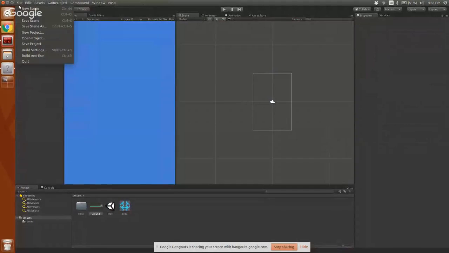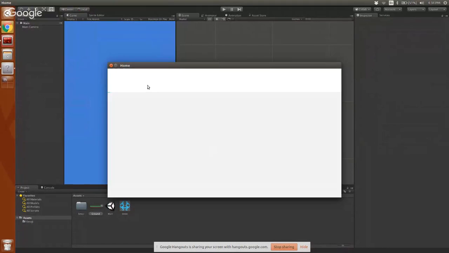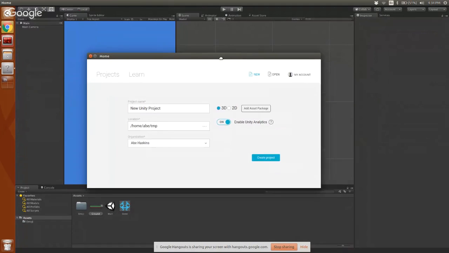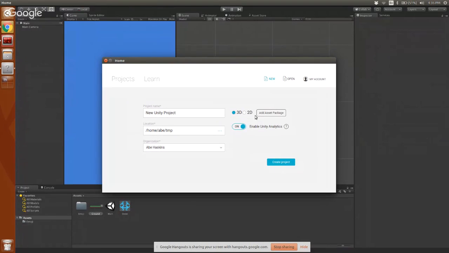Before I even do this though, let's go to new project. When you first load up Unity, you're going to see a new project window like this. Can everyone see what I'm talking about? Yep. Awesome. This window is just asking what type of project you want to make. Like I said, I'm particularly fond of 2D games. Unity is largely known as a 3D game engine, but they put a lot of effort into letting you build 2D games as well. So whatever you want to build, you have options for.